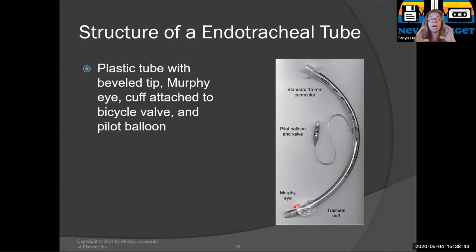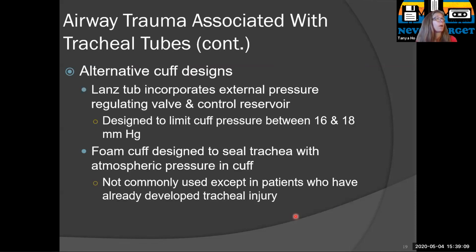So you want to have high volume, low pressure cuffs. I'm pretty sure that almost all endotracheal tubes nowadays are high volume, low pressure cuffs. A low volume, high pressure cuff would be smaller, and so the pressure would be distributed over a smaller surface area, which would be more pressure against the tracheal wall. Okay,